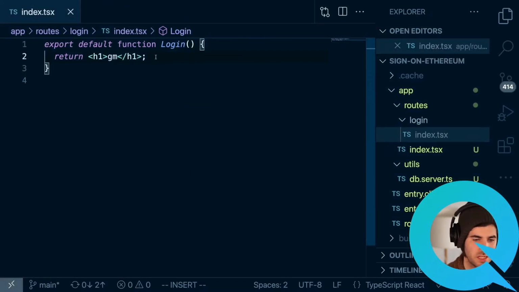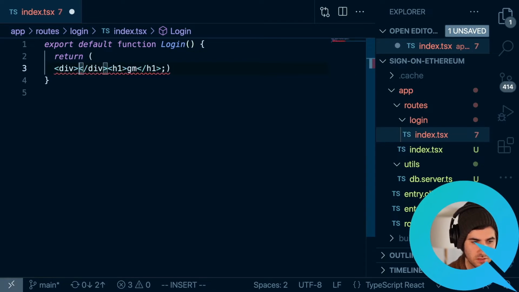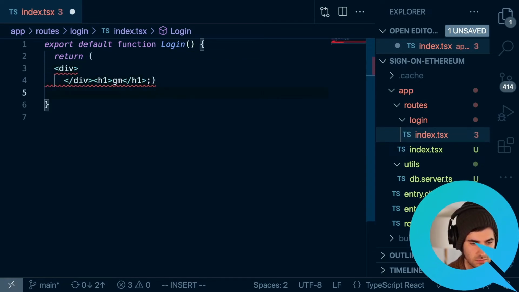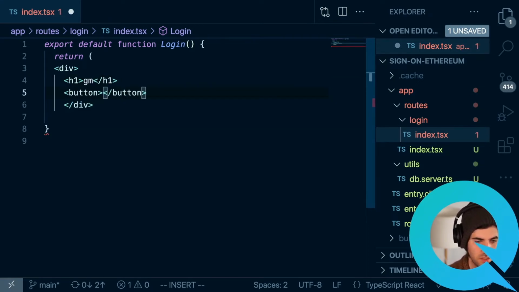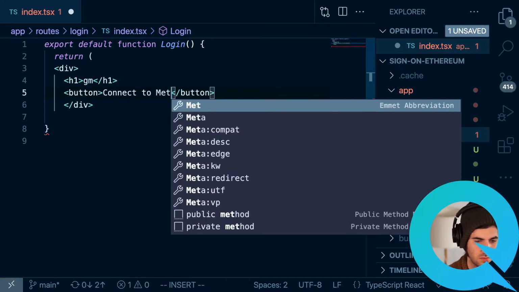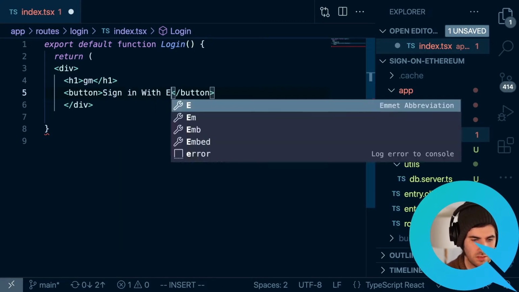So the next step is actually to add a button here. So let's go ahead and we can just add some parentheses here, and then we will wrap this in a div. So we'll have GM, and then we'll have a button, and that button will say connect to MetaMask, or actually sign in with Ethereum.